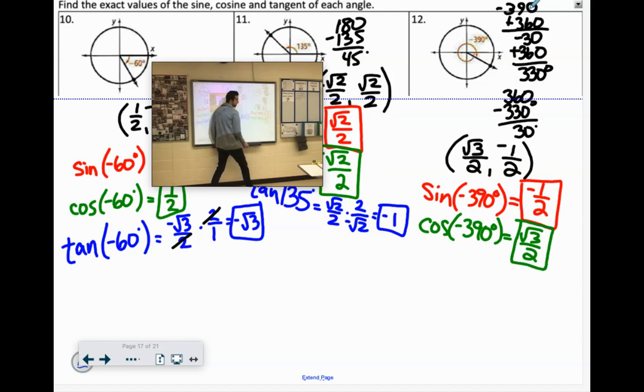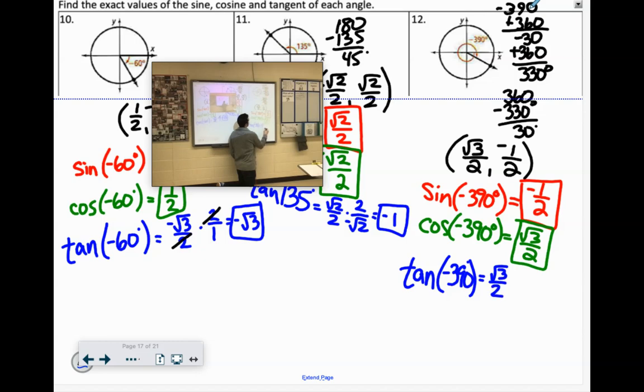And then the tangent might be a little tricky, and this will be it. And then I think I'm going to do a wardrobe change. So what is it? Y over x. Negative 1/2 over root 3 over 2. We'll multiply it by the reciprocal, 2 over root 3, which comes out to negative root